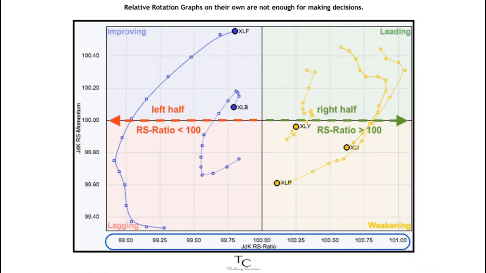Relative rotation graphs on their own are not enough for making decisions. Instead, RRGs are great for channeling your attention to those areas of the market that deserve it,